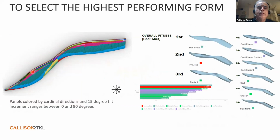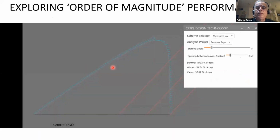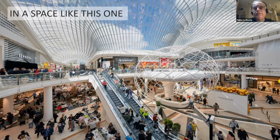a solar study, and then translating that to a geometry that is tested also with different types of louvers and to find the best option, to find the best fit. And then tested for energy and for daylight. So the idea is the same design team in London generated this project in Australia. The idea is that we generate an interior space that is responsive to the outside, but it also enriches the